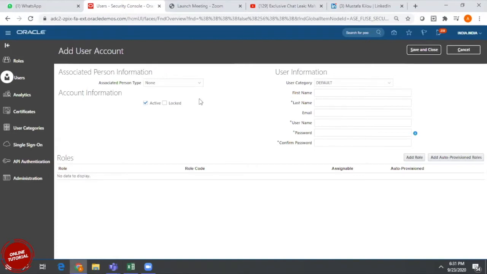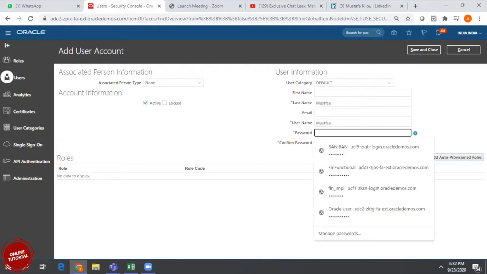This is a standard format given by Oracle, but if you want to add some more things to this definition, we can personalize this form. Let's take Mustafa. You can give first name and last name also. I just gave only one name, and you can give any user ID.